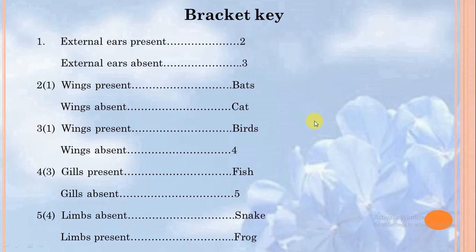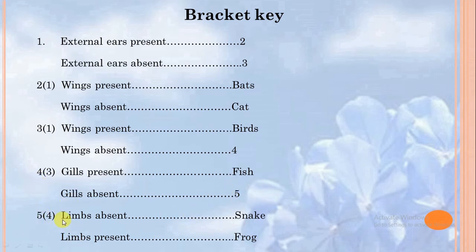prepared non-bracket key type. But it is slightly different from the non-bracket key type. In this case, we simply write down the number of characters from which we have arrived here inside a bracket. Like here, number 1 inside bracket is showing that this character number 2 has arisen from character number 1. Similarly, this third character has also arisen from character number 1, and this fourth character has arisen from character number 3. You can see it here. And this fifth character has arisen from character number 4. You can see it here.